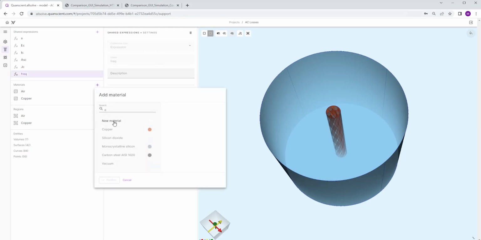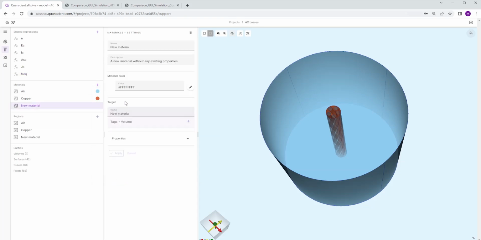Now we can define a new material. So it's going to be our superconducting material. And the region is going to be the superconductor. We're going to select all the 5 filaments.